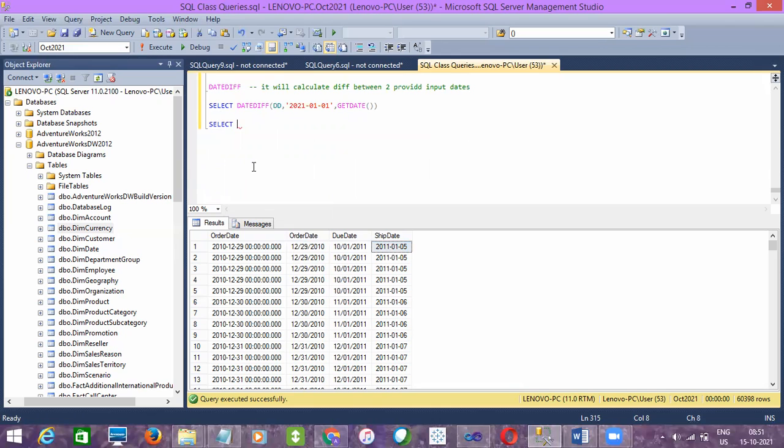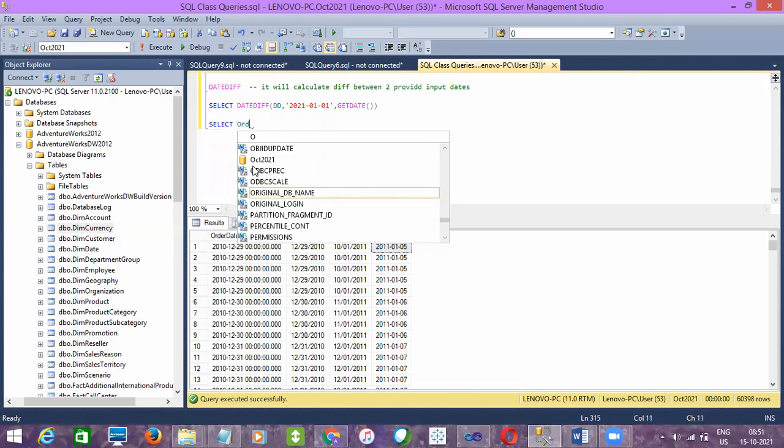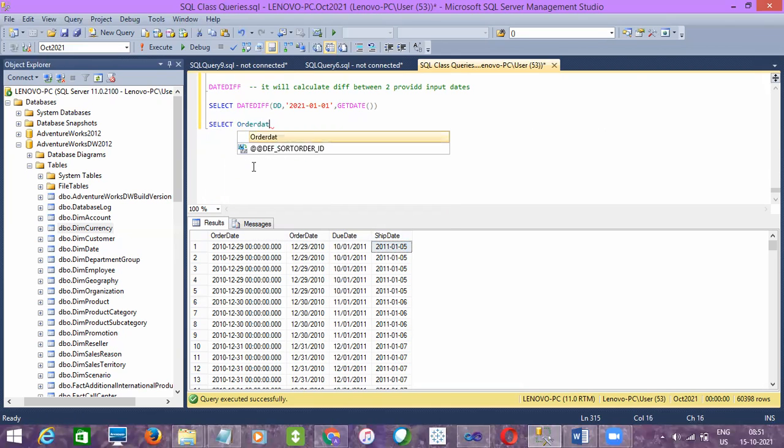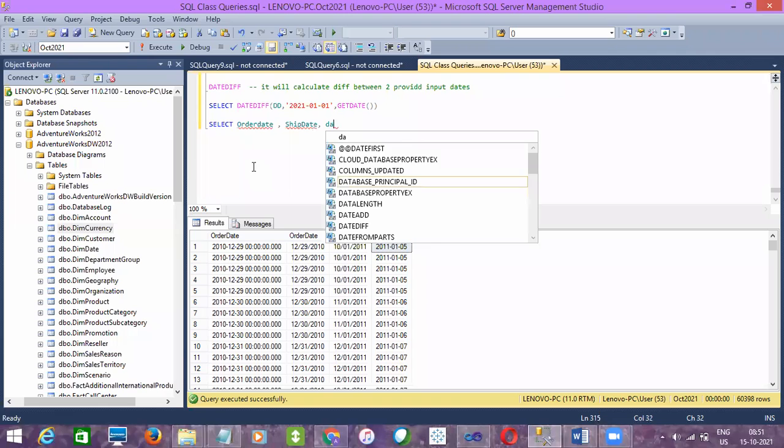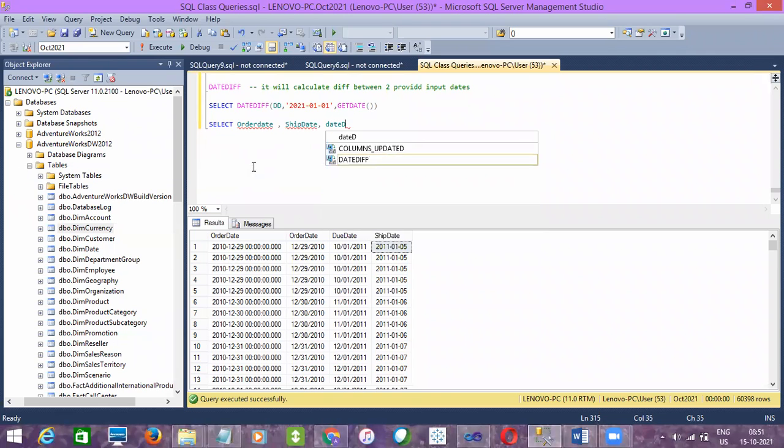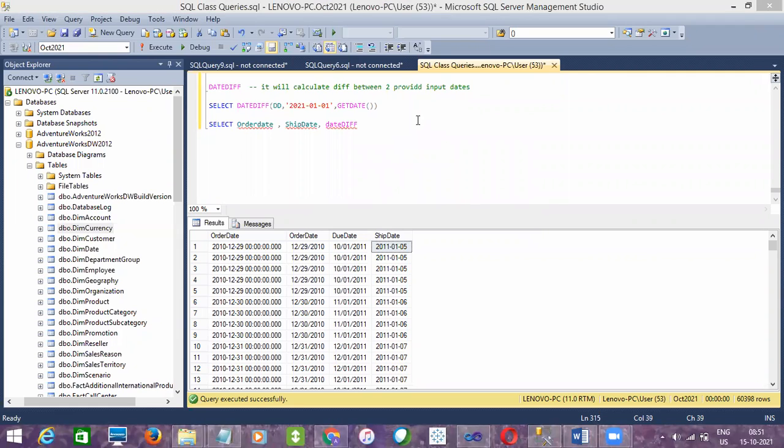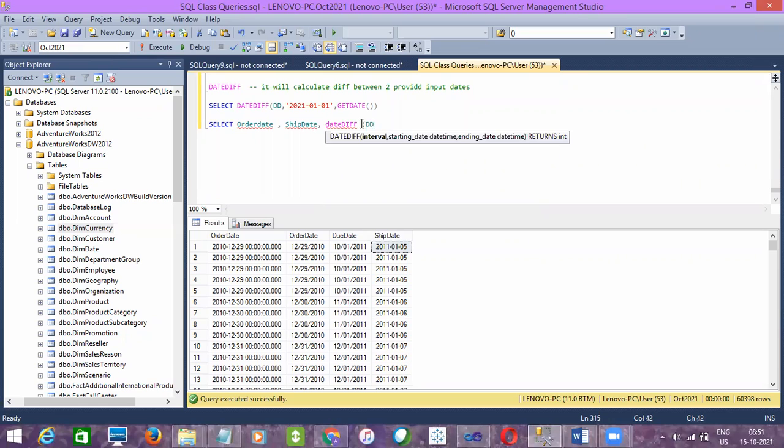First, as it is, I'll write the order date, because we want to show the exact value, and then ship date, comma. Now I'll calculate the difference between these two columns. So DATEDIFF, I'll calculate in days, comma, first argument I'll give order date.